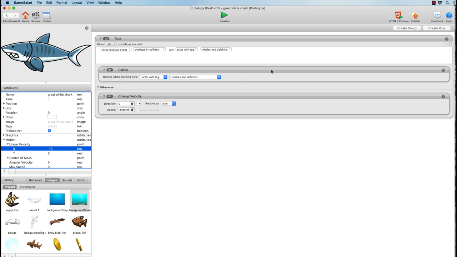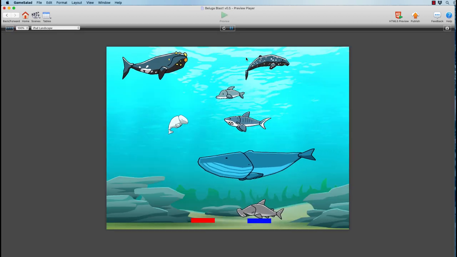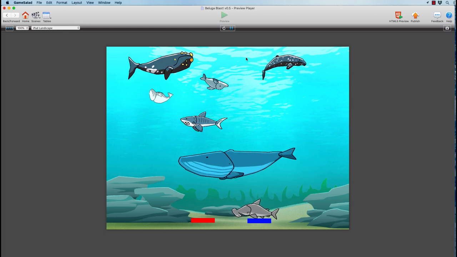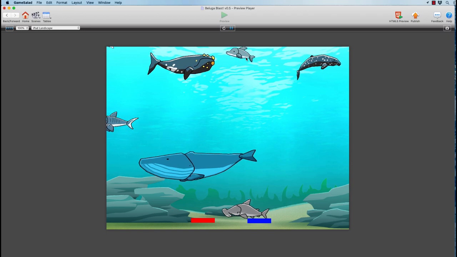So what this does is this is a conditional statement that causes the shark to stop swimming directly from left to right when it runs into a whale. And again, you can see this happen with, let me see if I can cause that to happen. No, it's too hard to get it done in time. But the idea is that if a shark comes in